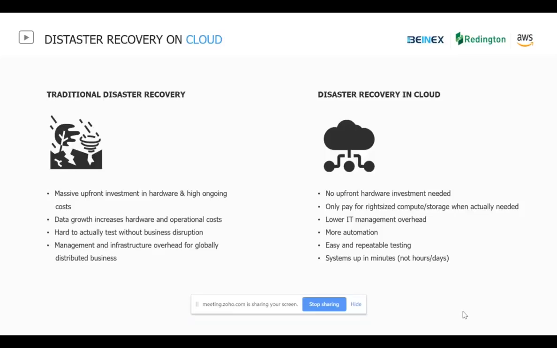And obviously the management and the infrastructure cost for setting up the data center as well. Now over to the right, we have how DR on cloud solves all these problems, wherein we don't have an upfront hardware investment.